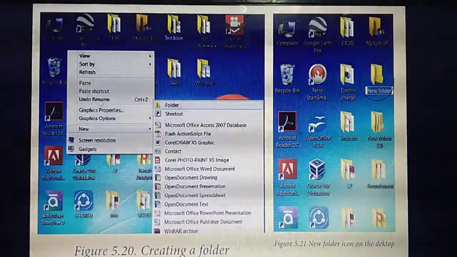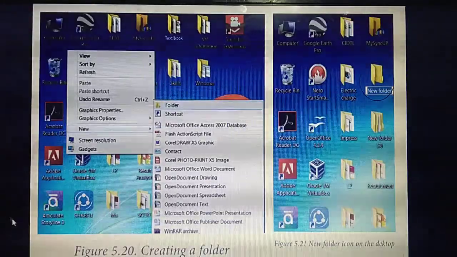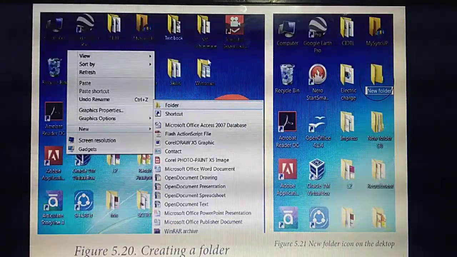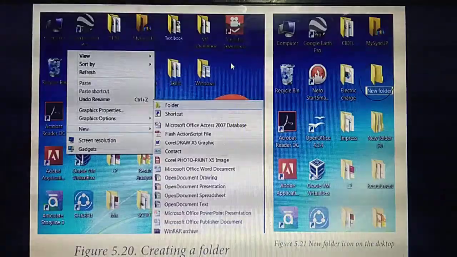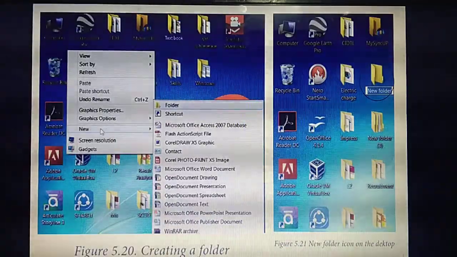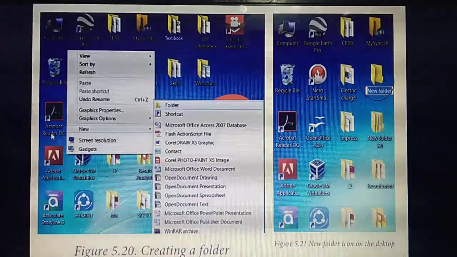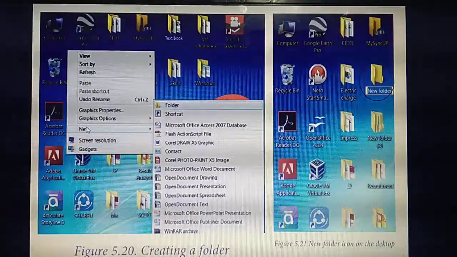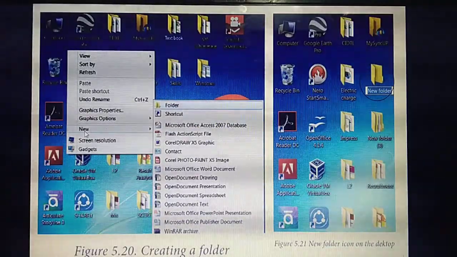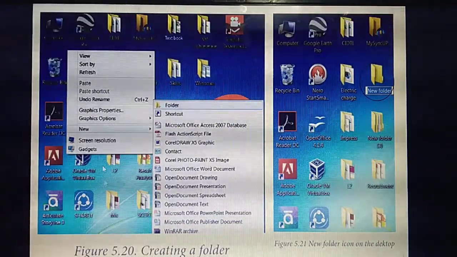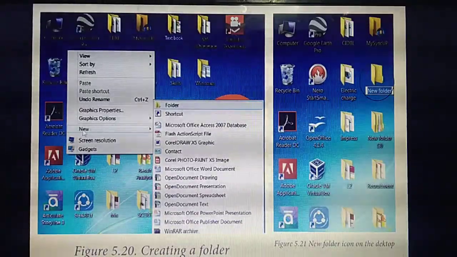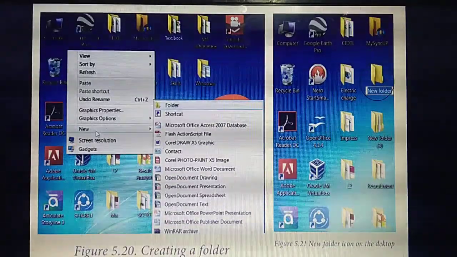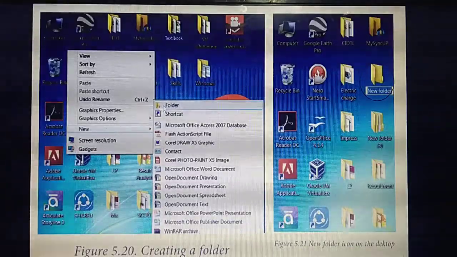So this is the picture. The screen we are calling, which screen is this? Desktop. So in this desktop we need to right click. If you right click, this option will appear, New. Is it visible for you? If you right click in the desktop, this pop-up menu will appear. From here you need to select which one? New. From the New you need to select Folder.